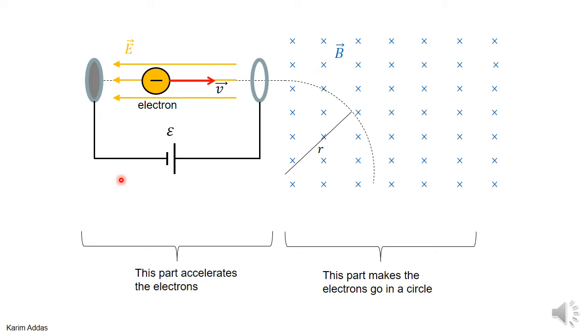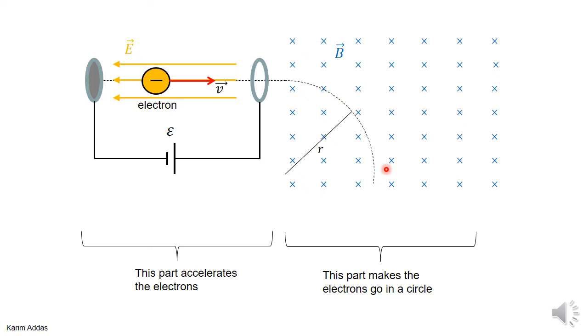This is a nice example actually, and there's an educational video that discusses this example, so you can watch it at this YouTube video. So let's see what the example is. You have two parts to this experimental setup. You have a part that accelerates charged particles, and then a part where a region of space where there's a